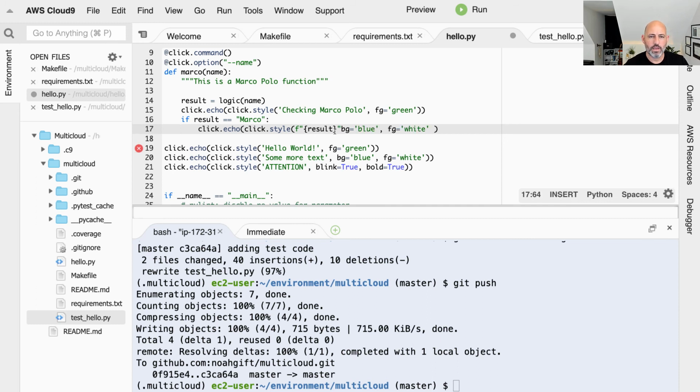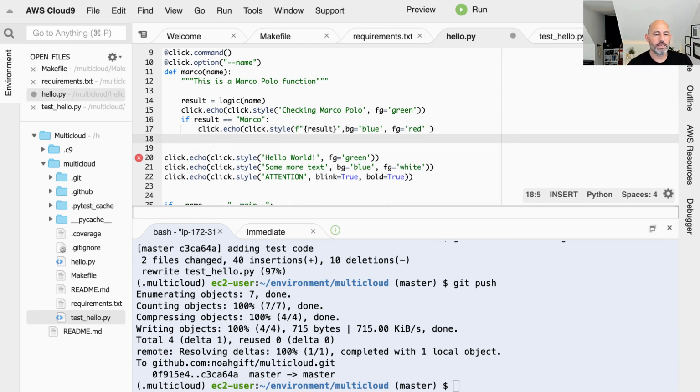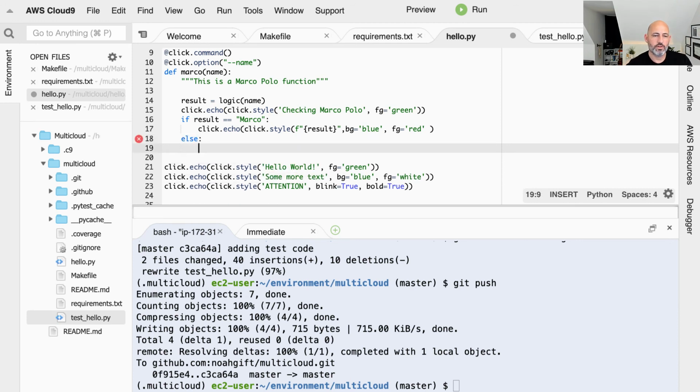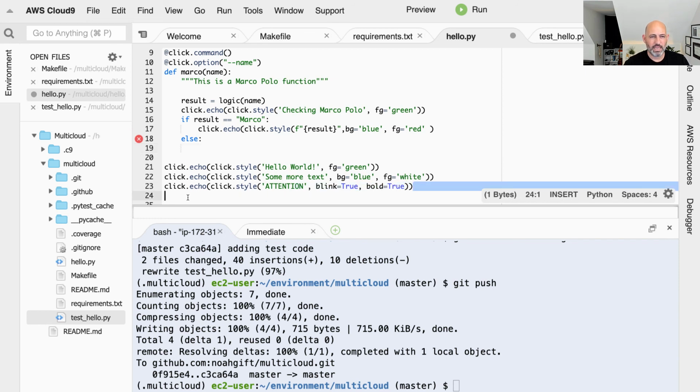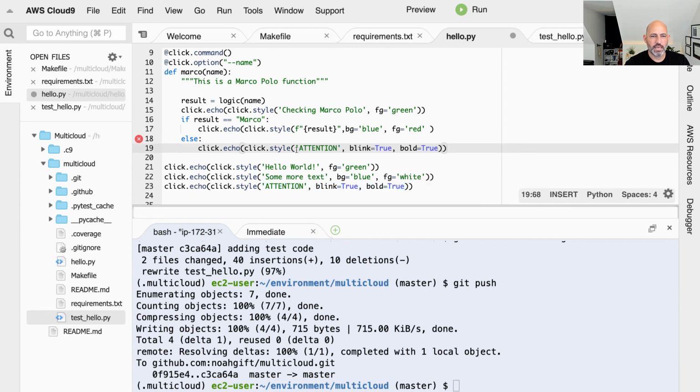And that looks good, right? And then we'll make the foreground red. And then if it's otherwise, we can do maybe a blinking one. So we can say here, and we're going to do this, and we'll say